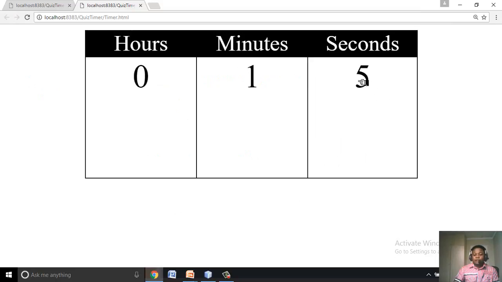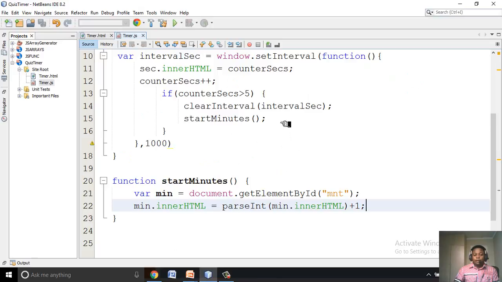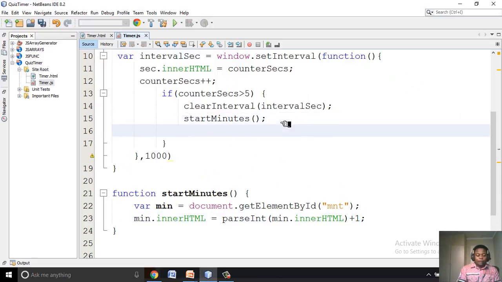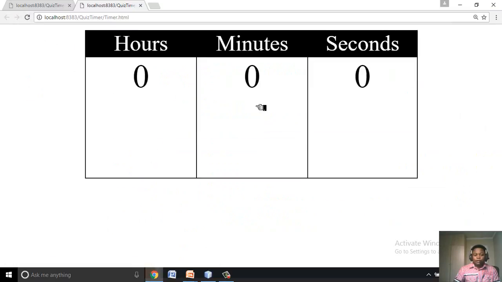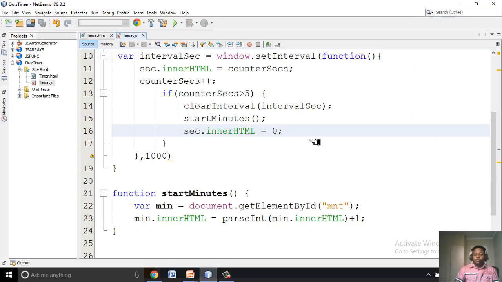We're going to reset the seconds back to 0. So I'll go back here, and I just want to say that sec.innerHTML equal 0. So again, we start from 0, and now let's just go ahead and test that file again. Okay, 2, 3, 4, 5, and it has restarted back to 0. But now the next trouble is that it's not recounting, and what we have to do to solve that issue,